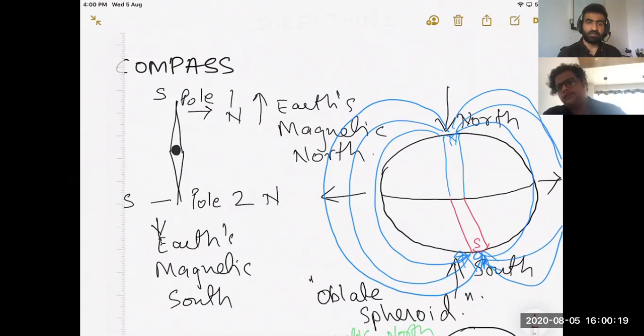Similarly, we have magnetic directions measured from magnetic north, and we have compass directions measured from compass north. The angular difference between compass north and magnetic north is known as deviation. It could be east of magnetic north or west of magnetic north. Right is east, left is west. Whenever deviation is east, the compass reading is lesser, or least, than the magnetic reading. Whenever deviation is west, the compass reading is best, or higher, than the magnetic reading.